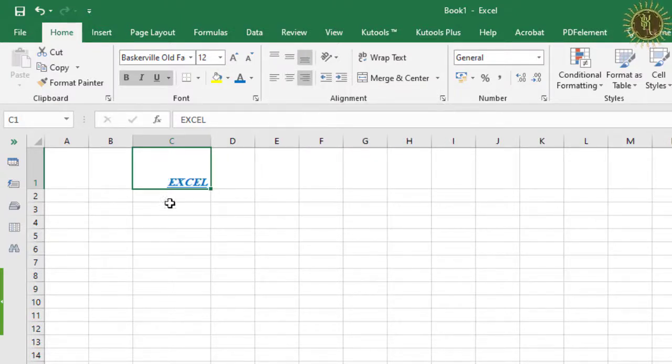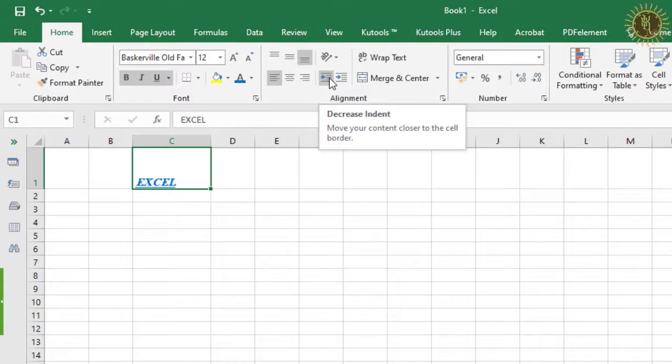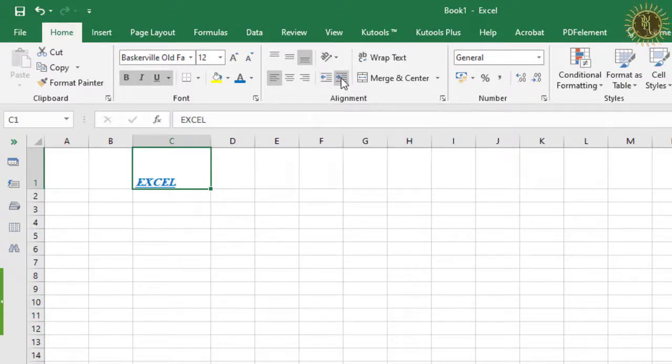and this is the right alignment to set the text at the right side. So these are the alignments, and now here are the two indents, that is decrease indent and increase indent. With these you can move and give a margin to the text in this cell.